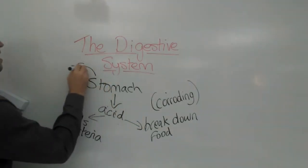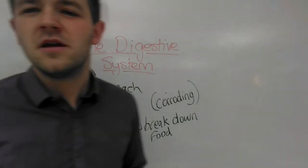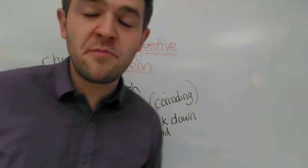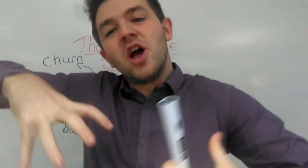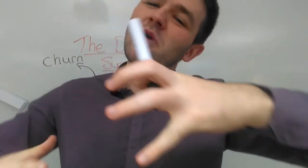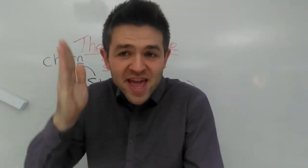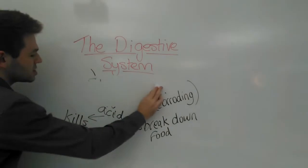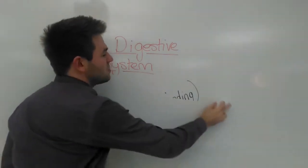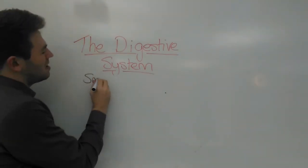Also, the stomach, I love this word, it churns as well. You know when you've eaten a big lunch and you're tired? That's because there's more blood going to your stomach to give more energy to make the stomach churn, move, squeeze the food around. Again, make it into the smallest pieces possible. Super good. Super important. Because next, maybe the food's in the stomach for 3-4 hours. And then the food goes into